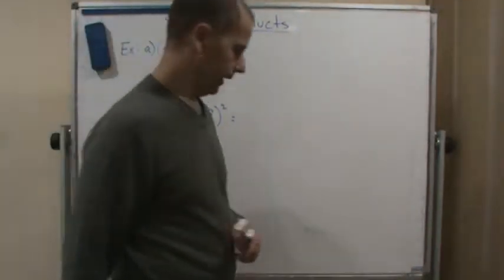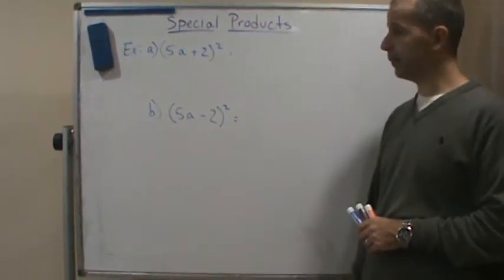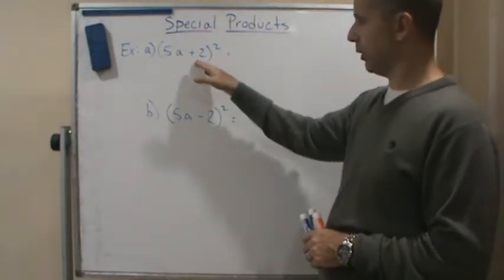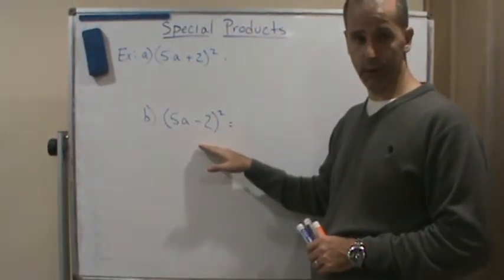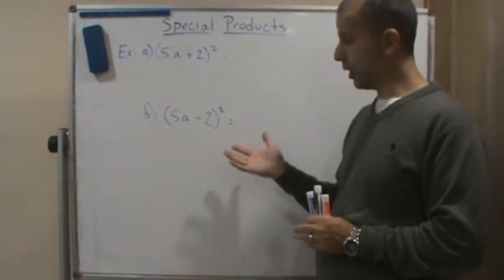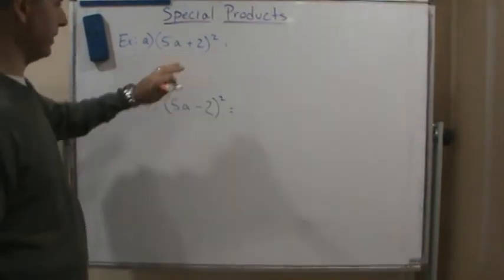Okay, so welcome back. Now what we're going to do is look at a couple more examples. Now, this is a perfect square, and this is what we call a perfect square binomial. So again, what do we do here? These are special products. Now, if you know what you're doing and you recognize these, then you notice that this is going to be